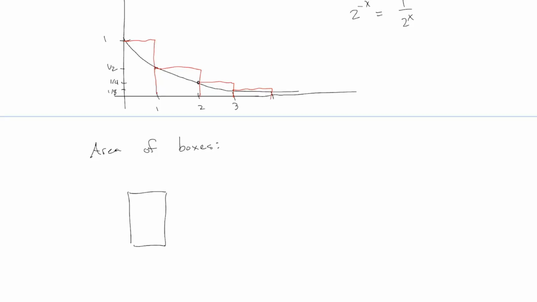That means the first box, it doesn't look like it, but it has area 1, because the base is 1 and the height is 1. The next box, its base is 1, but the height is only 1/2. So the next one actually looks like this. Its height is 1/2. The next one, its height is 1/4. The next one, its height is 1/8, and so on. What's the total area of all the boxes together? Even though they go on forever to the right, their total area does not add up to infinity, because,